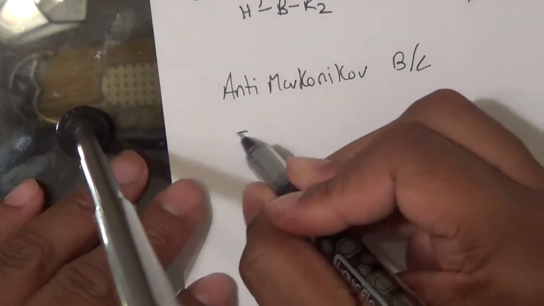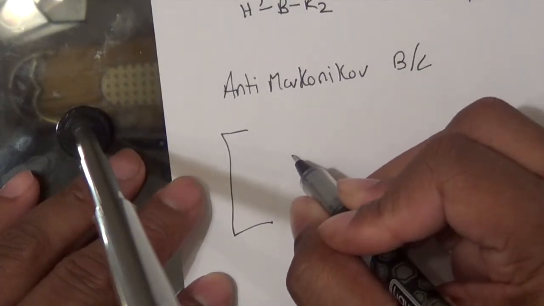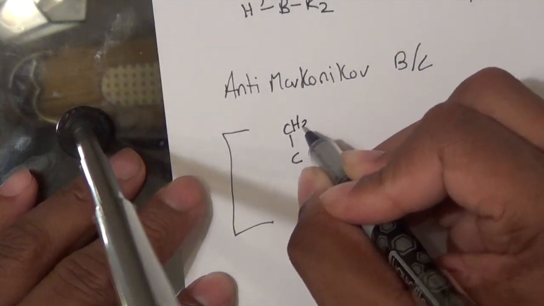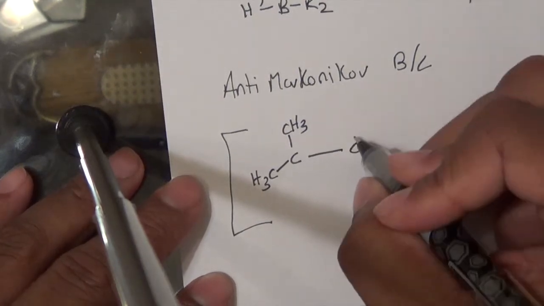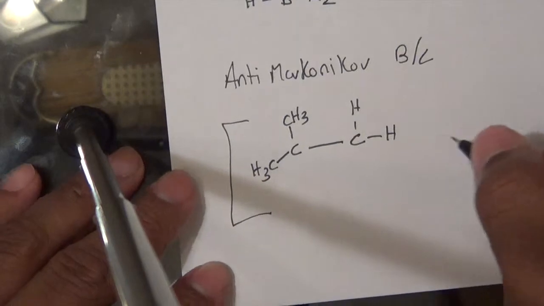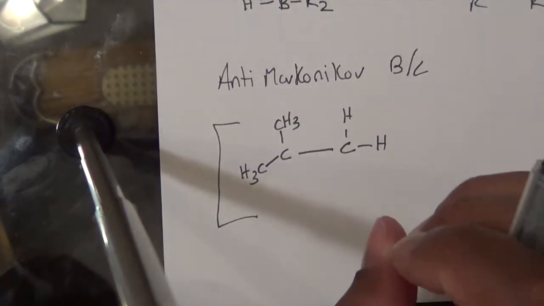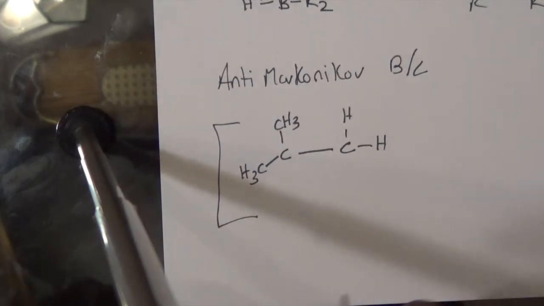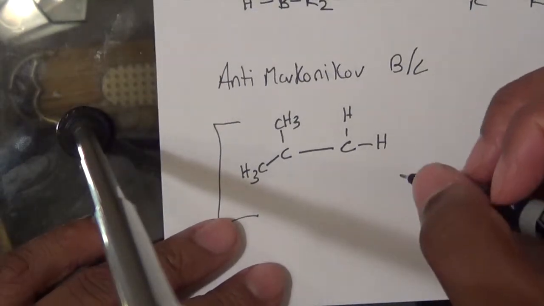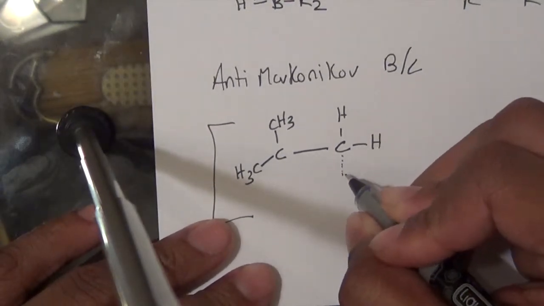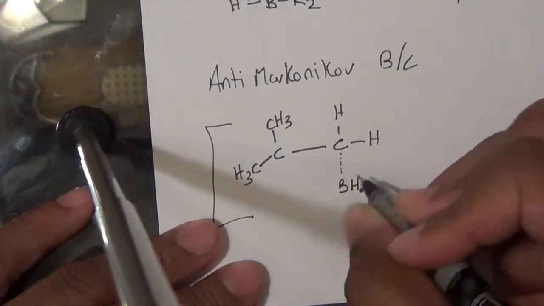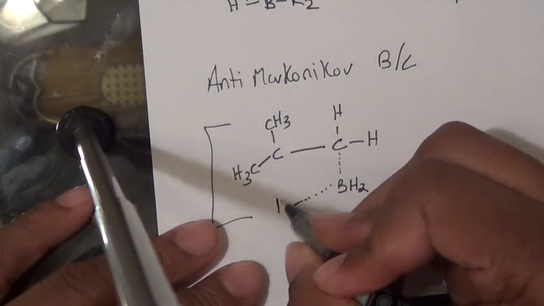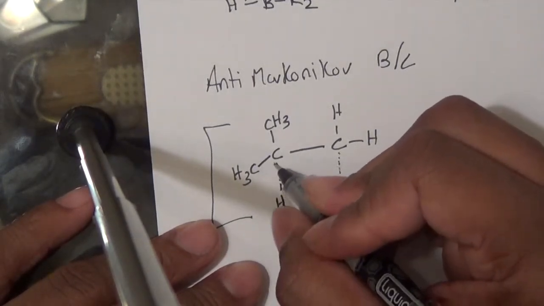Because if we look at the transition state here, we have the CH3, which is going to be the same explanation as we've always been saying. A transition state always shows the bonds breaking and the bonds forming. No full charges develop in a transition state, only partial charges. So if we form that bond here with the BH2, along with that hydrogen that's going to form that bond here,